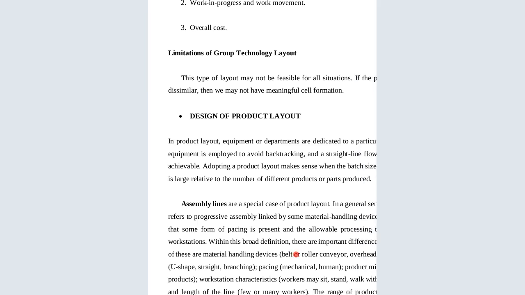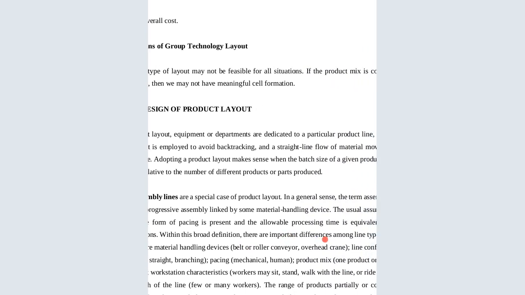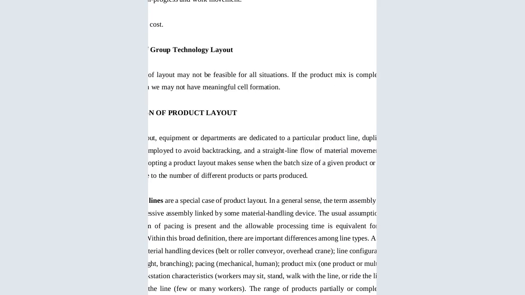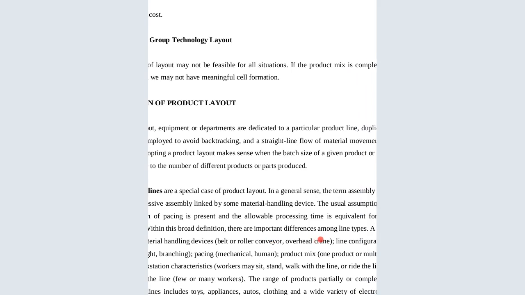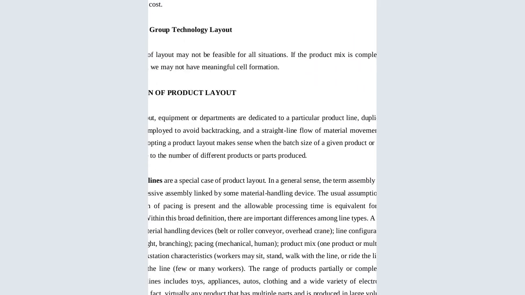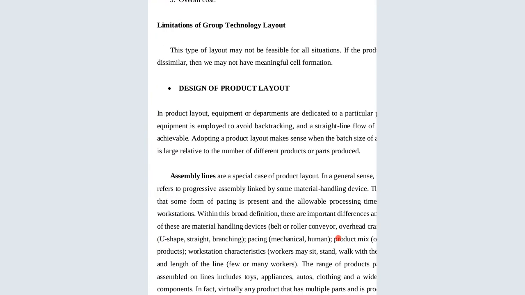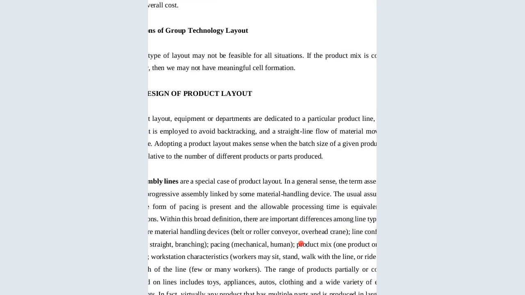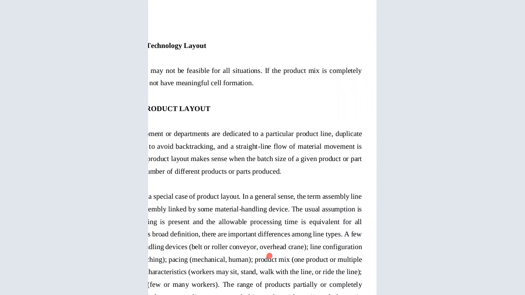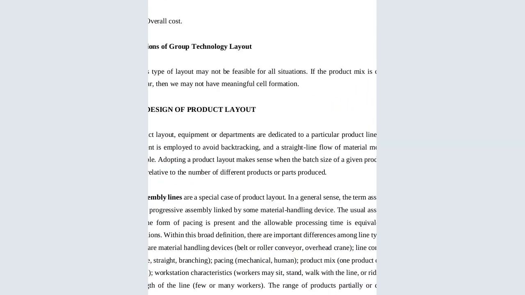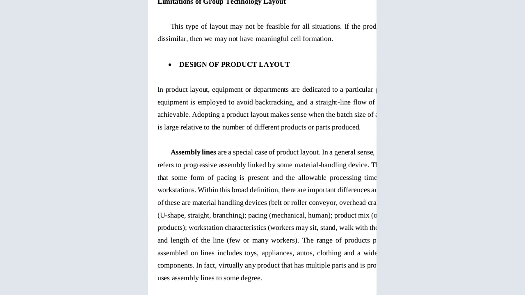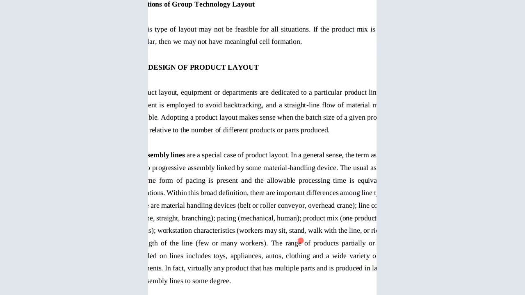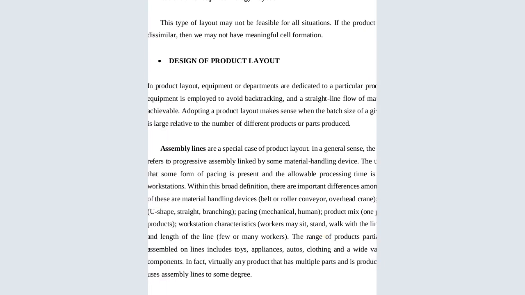Design of product layout. In product layout, equipment or departments are dedicated to a particular product line. Duplicate equipment is employed to avoid backtracking, and a straight line flow of material movement is achievable. Adopting a product layout makes sense when the batch sizes of a given product or part are large relative to the number of different products and parts produced. Assembly lines are a special case of product layout. In general, it refers to the progressive